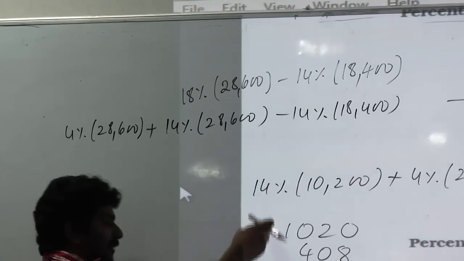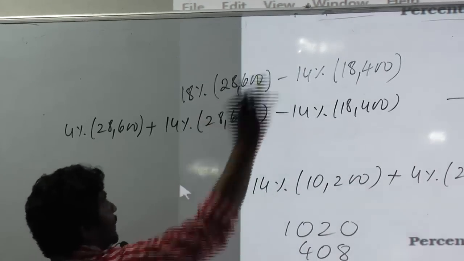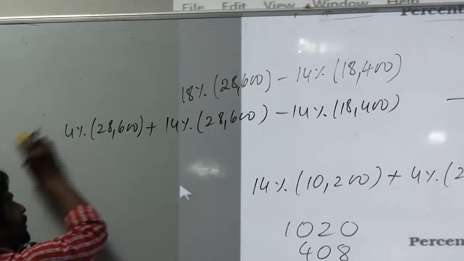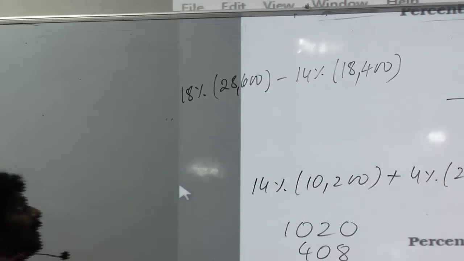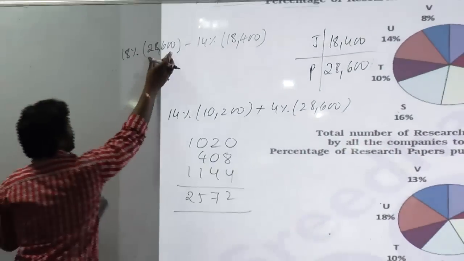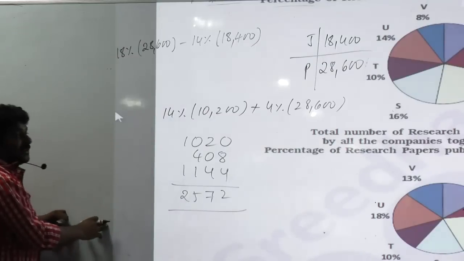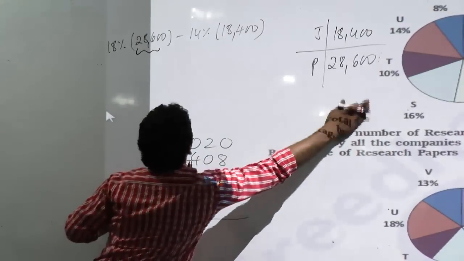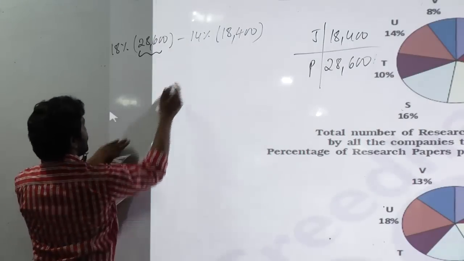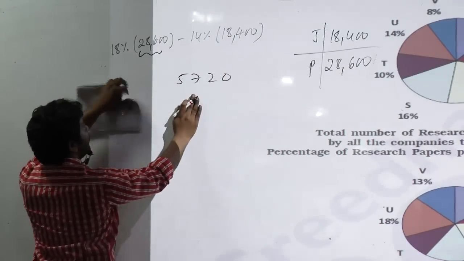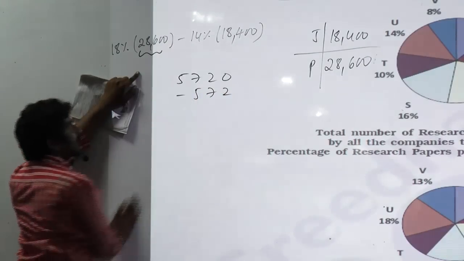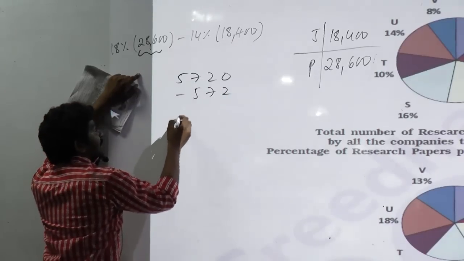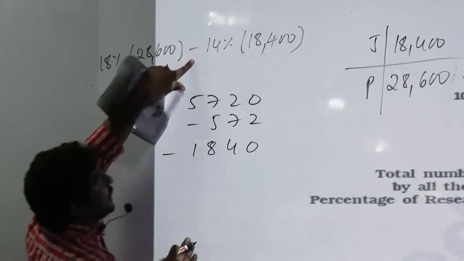అంటే ఇలా కన్వర్ట్ చేసుకుంటే నంబర్లు చిన్నవి వస్తాయి, లేదంటే ఇక్కడ క్యాలిక్యులేషన్లు పెద్దవి అవుతాయి. If you are comfortable with that calculation, that's fine. If you don't want to convert like this, you will have to calculate 18%. 10% is 2860. 20%, 2 times of this, 5720. This is 20%. 2% is 572. You need to subtract it. And then 10% of this, 1840. You need to subtract it, minus.